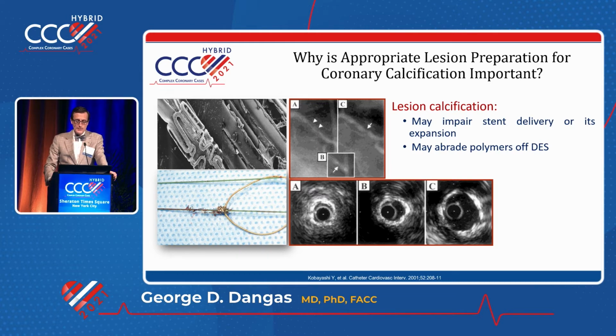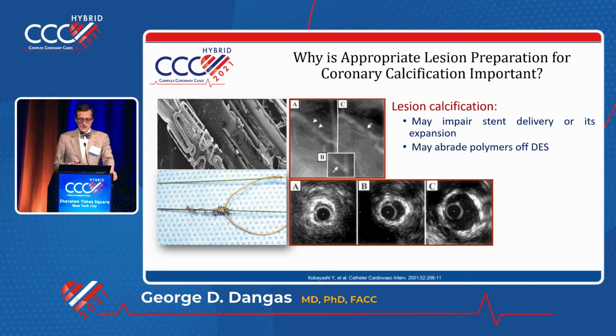Why is appropriate lesion preparation for coronary calcification important? Let's say it's on your way to another lesion, your stent may just get banged left and right, as if you try to go through a narrow pathway with a nice suit, such as this one I'm wearing, and all of a sudden you get some dirt on your sleeve just because you're banging against the narrow wall. Same way the stent, you may get stripped a little bit. They're very, very important polymers, and the drugs eluted from them, and therefore you're going to have a geographical miss of the drug elution later on. Why? Because your stent device was banged and essentially